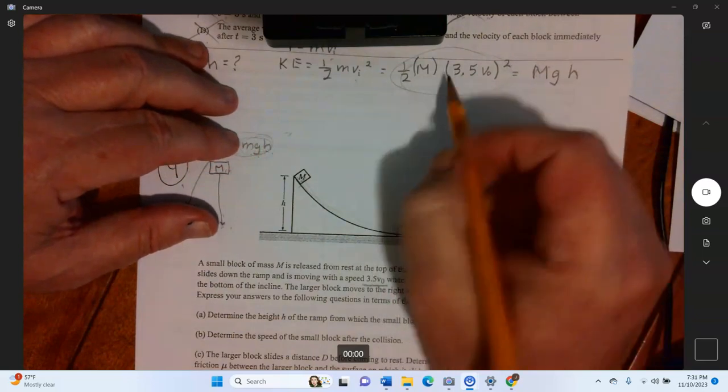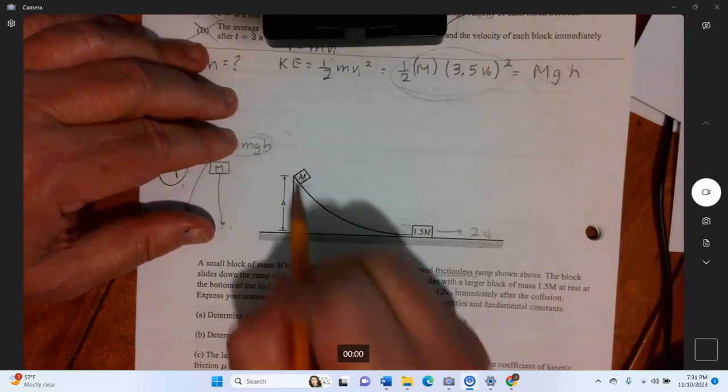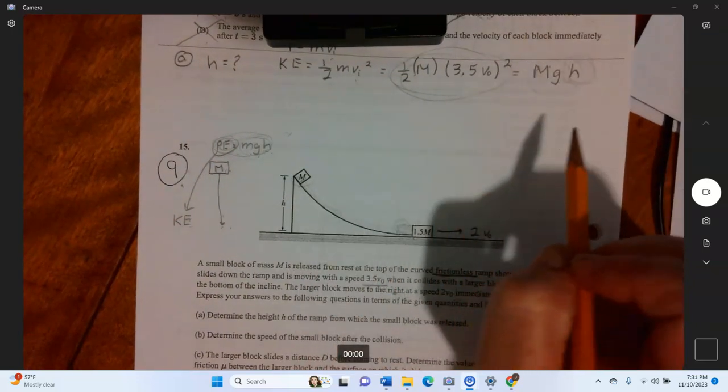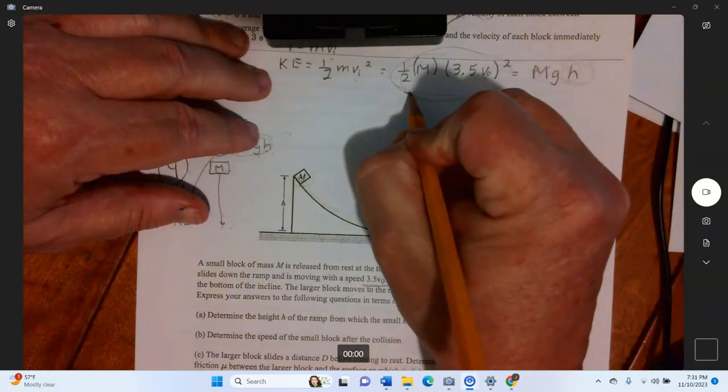Okay? So now this is the kinetic energy here, which is equal to the potential energy up here. So now we have a way to solve for H. So let's just do some algebra. I'm going to rewrite this as